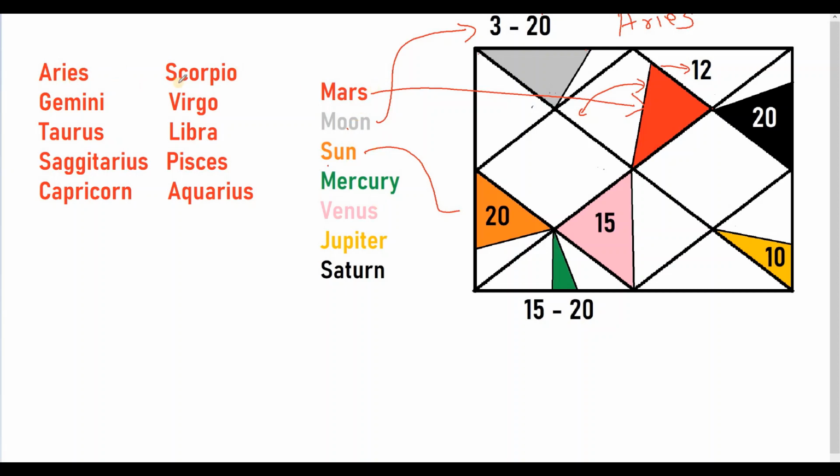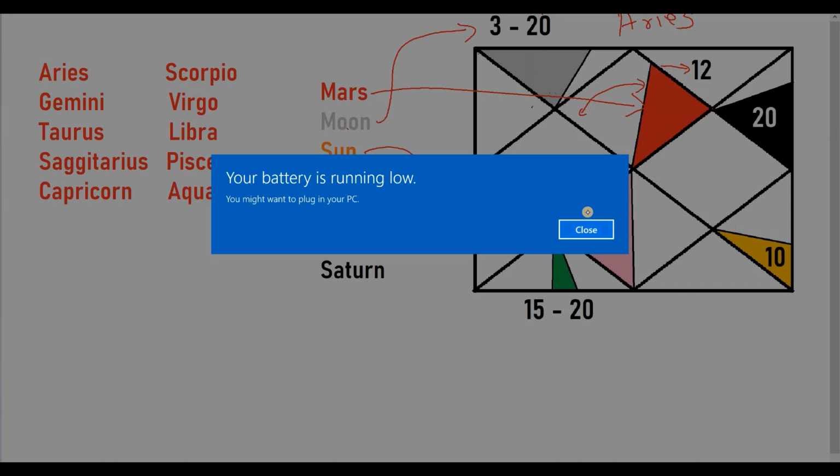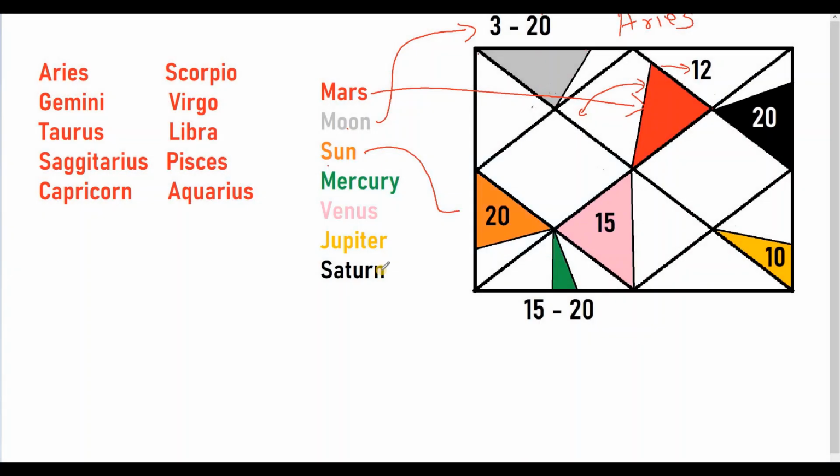So Mars rules Aries and Scorpio, Mercury rules Gemini and Virgo, Venus rules Taurus and Libra, Sagittarius and Pisces are ruled by Jupiter, and Capricorn and Aquarius are ruled by Saturn. And most people equate these two houses ruled by a planet as two different houses which a person owns. And mostly they say, okay, in one house, both of these houses are owned by one